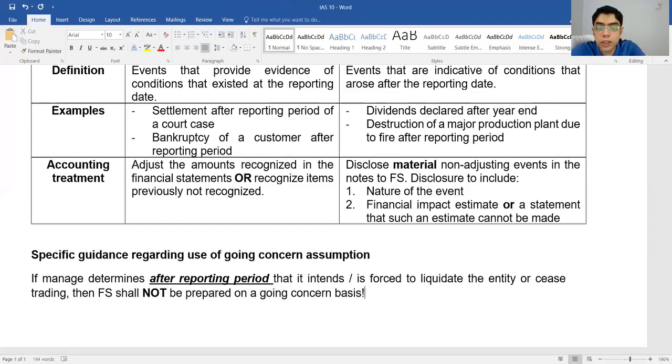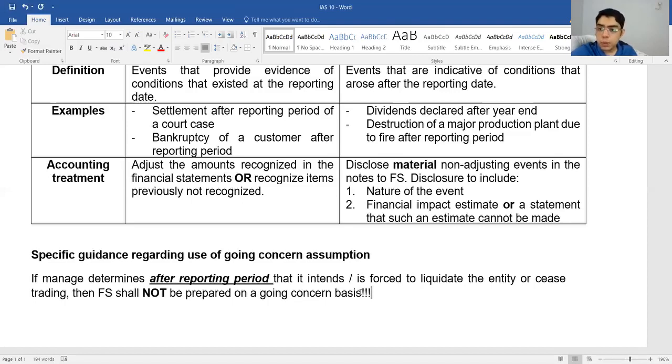This is a very important point that you need to keep in mind: although you've concluded post year end that the company is no longer a going concern, for example, due to the COVID-19 coronavirus situation, a company concludes after the year end, which was December 31st, 2019, that because of the situation and the way it has evolved, the company will not be able to continue in operational existence for the foreseeable future. So if the company concludes that, then December 31st, 2019 accounts cannot be prepared